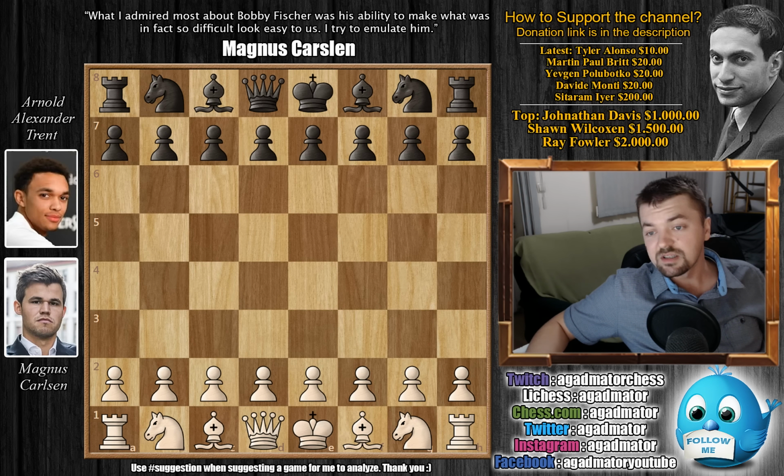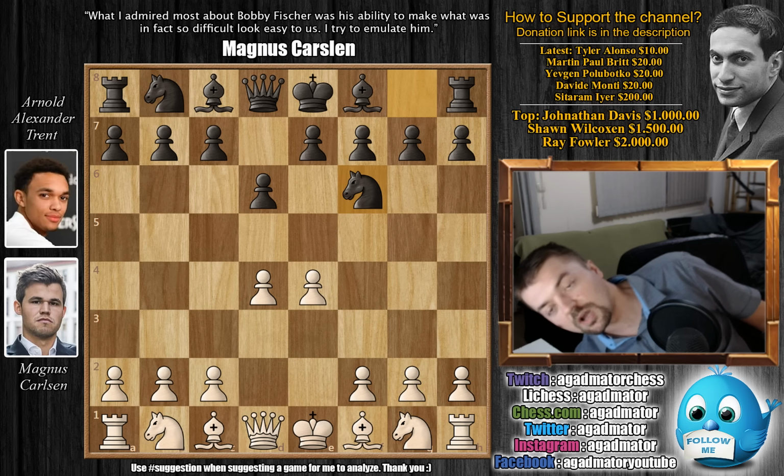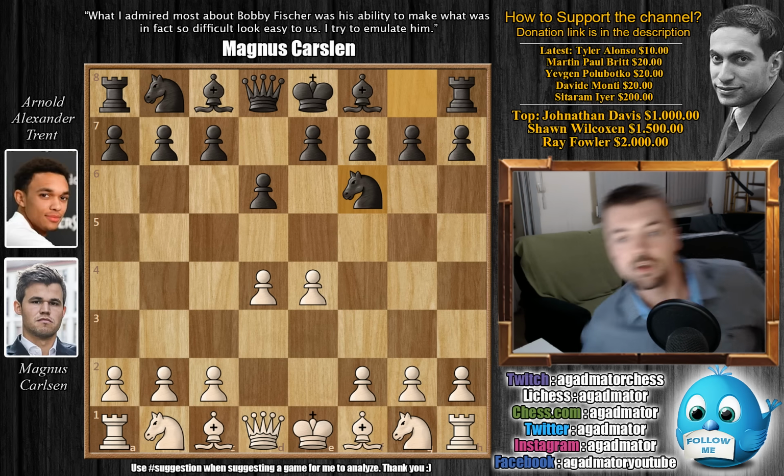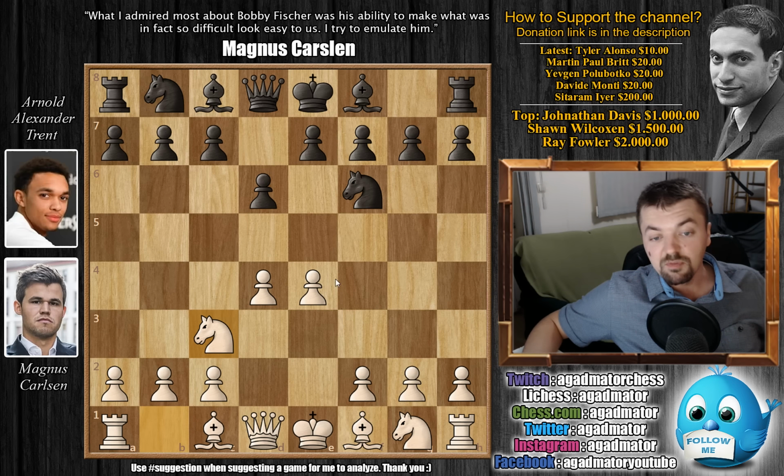So okay, Carlsen has the white pieces, and he opens with e4. We have d6, the Pirc Defense, d4, and knight to f6. So all is well for now. Okay, and here Carlsen proceeds simply with knight to c3, defending his e4 pawn, and now Black has a whole variety of options.